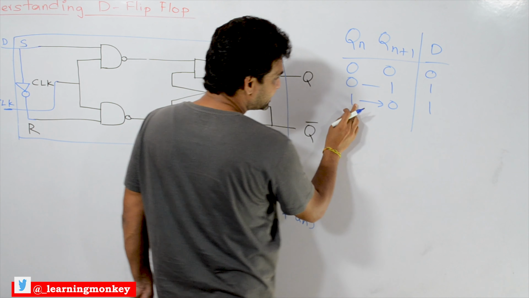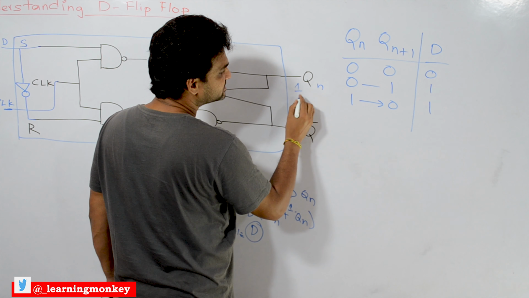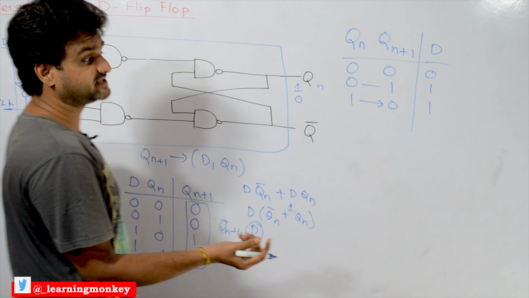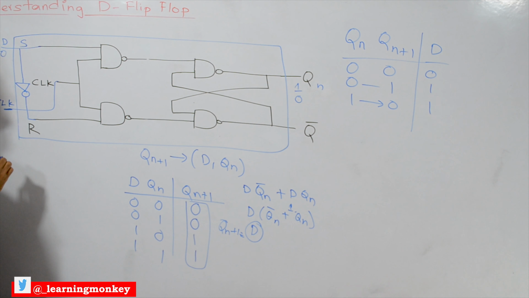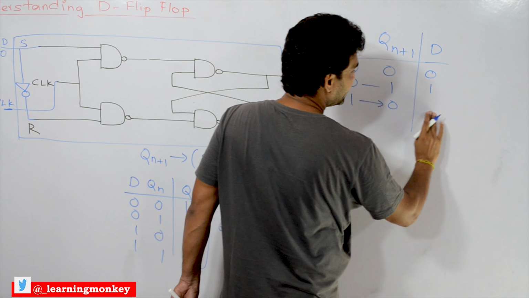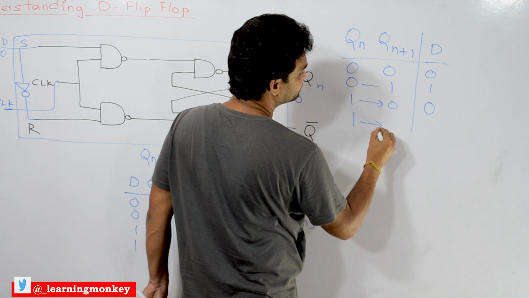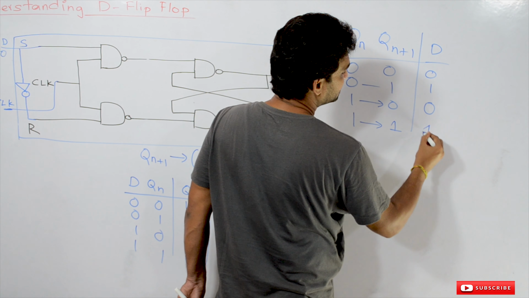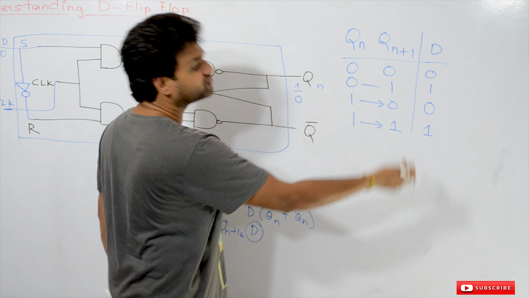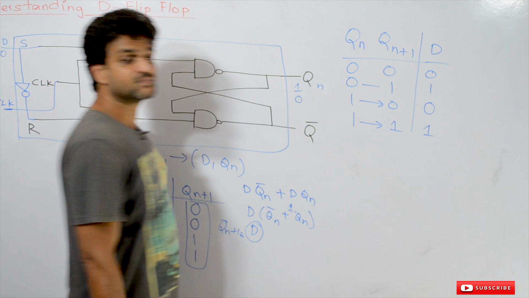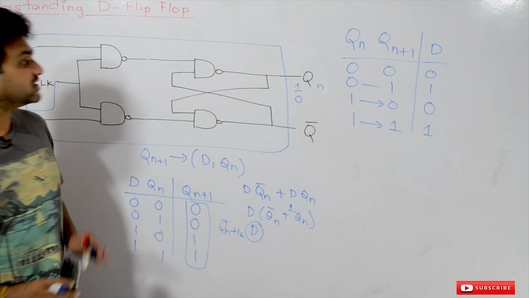If the Qn value is 1, and if you want to excite this to 0, what do we have to do? The logic is very simple. In order to excite it to 0, we have to provide 0 as the input. That is what we call an excitation table. So 0 is the input that has to be provided. If the Qn is 1 and we want to excite it again to 1, the input that has to be provided is D. And this is the excitation table for D flip-flop. Hope you got the clarity on this concept.